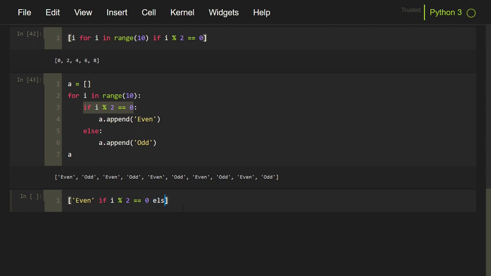Then we will specify the else clause, and then we will specify what element to expect in the else clause, and a space, and then we can specify the for loop. Notice that this is a complete expression and this is a conditional expression. If you are familiar with it: an element if this condition becomes true, else this other element. So this entire thing is an expression in itself.